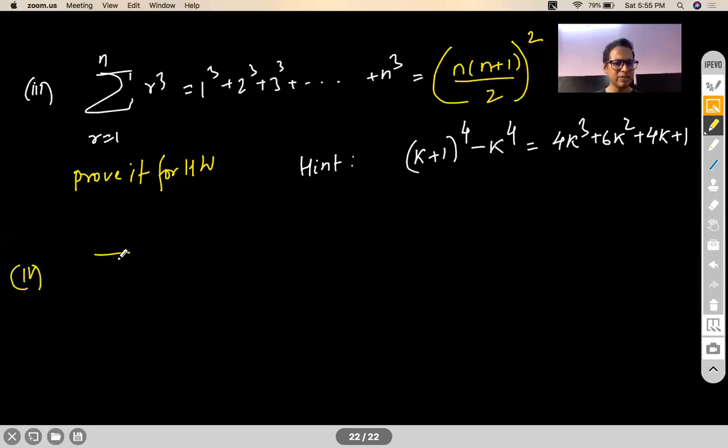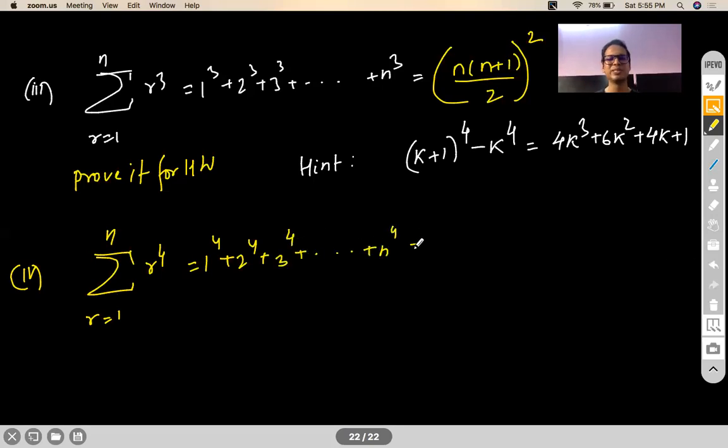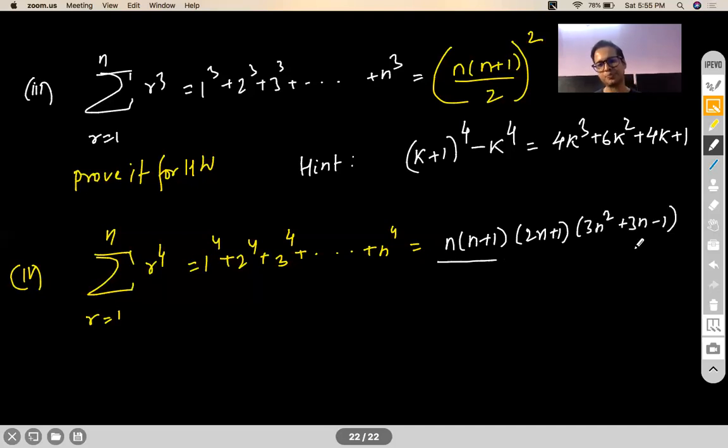One more result I would like to give you, but this is not going to be important. Sum of fourth powers of natural numbers. I have never seen a problem which asks you to go to fourth powers, but still I'm giving you in case you need it. It's actually n into n plus 1, 2n plus 1, 3n square plus 3n minus 1 upon 30. Don't try to prove it. Don't waste your time. Nobody will ask this anyway. Okay? Just for extra knowledge I have given you. Okay? Don't try proving it.